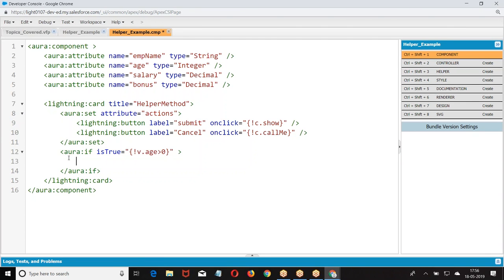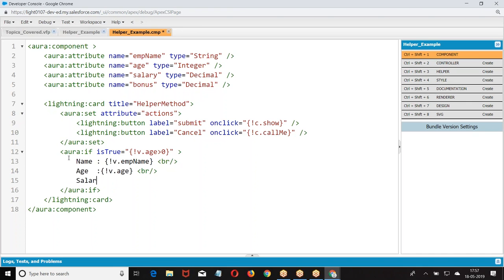If age is above 0, then I ask you to display name, age. This is how I got it. So what we got here? If age is above 0, do this operation.